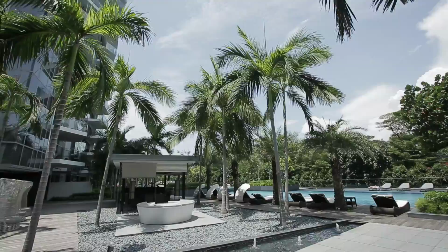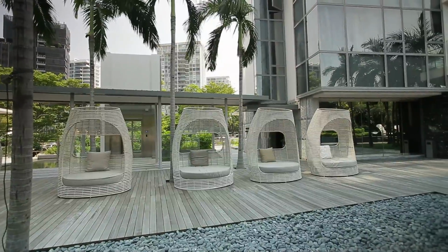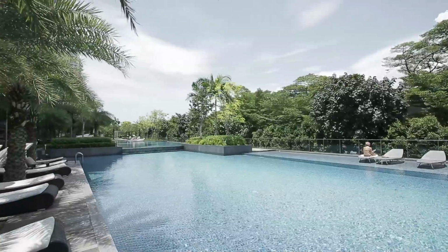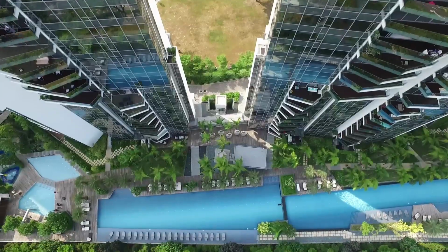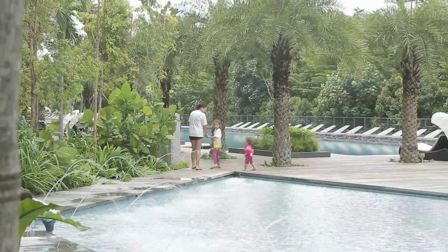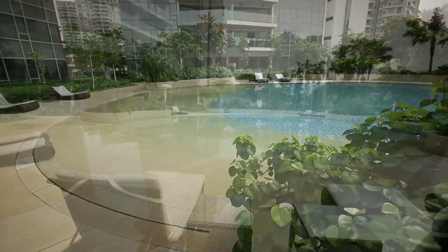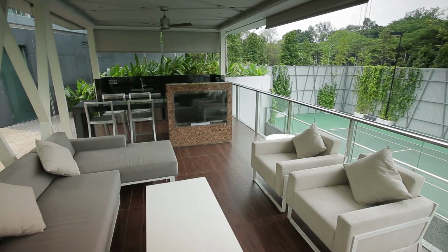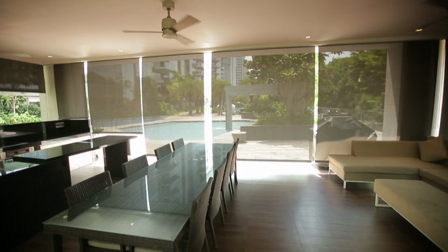Attention to detail and thoughtful touches were invested into the development's lifestyle amenities to enhance the livability and luxury of the space. These include the 2 50-meter lap pools that seemingly flow uninterruptedly to create a 100-meter stretch of glimmering water, a fun pool for children, and the lagoon pool, a spine of water built with a sandy beach and palm trees that recreate a resort environment, a variety of themed outdoor pavilions and cabanas for residents to enjoy as an extension of their living space,